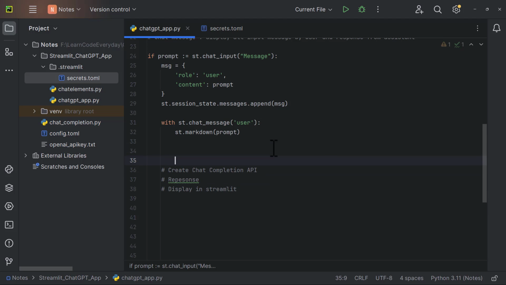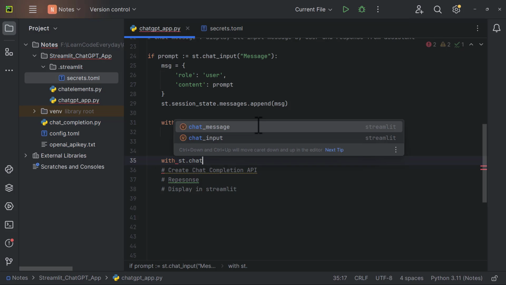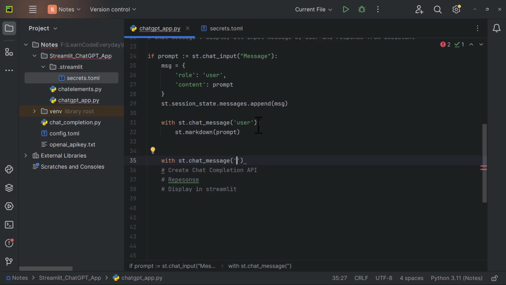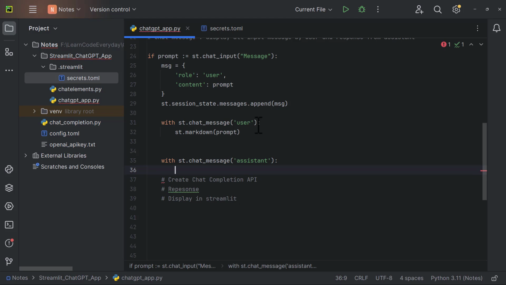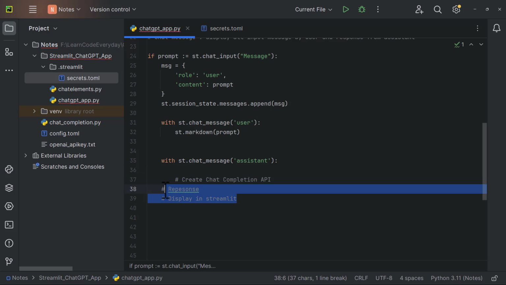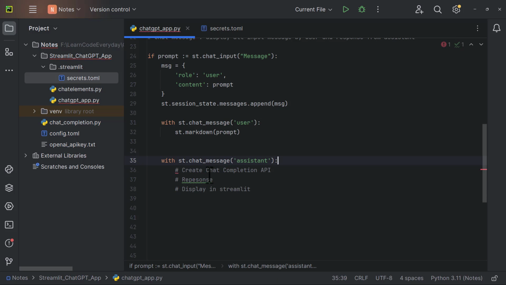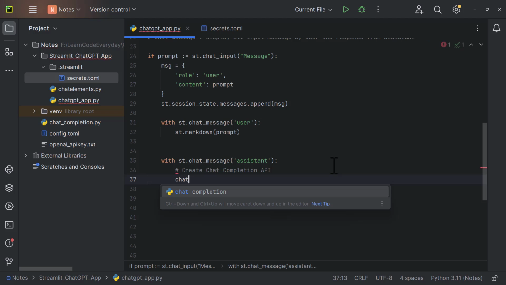Okay, since we need to display in Streamlit, as I said, we can display the message in Streamlit using st.chat_message. Let me create it with st.chat_message, and the role of the message should be assistant. Inside this, we need to create the chat completion API. Maintain the indentation; see, all the things should be inside the with block. Now first, let's create the chat completion API, and let's create a variable named chat_response